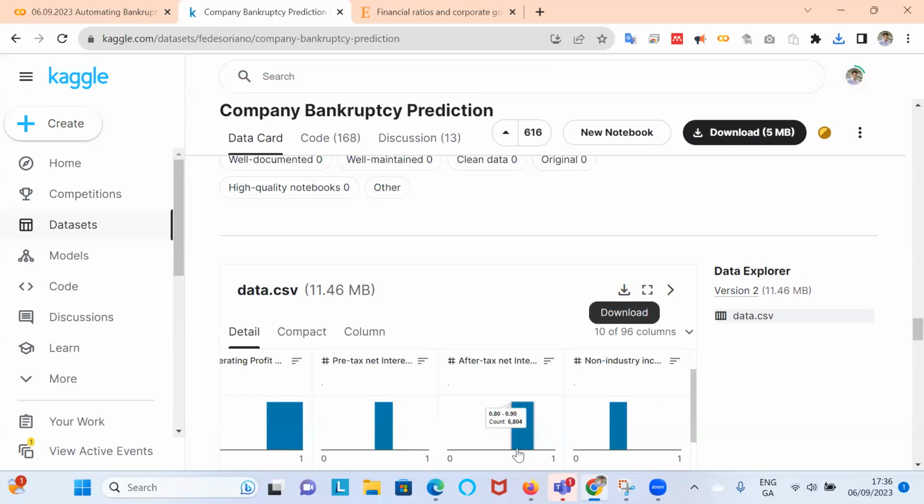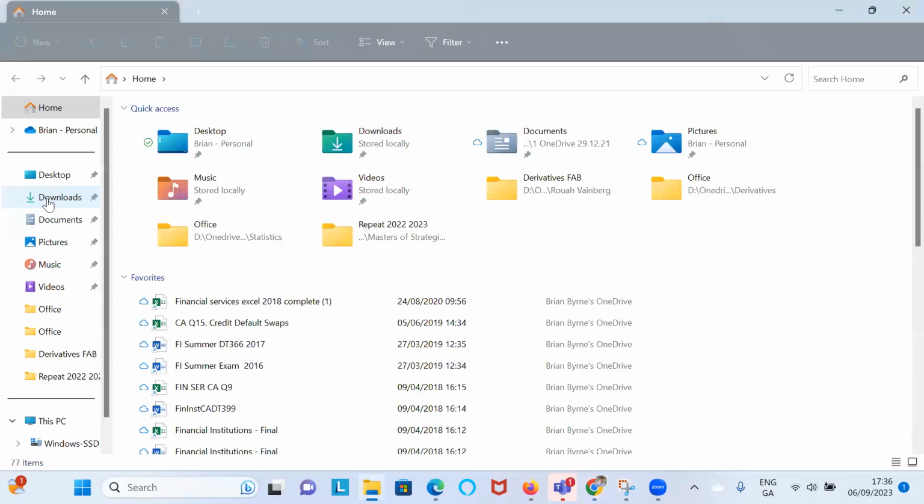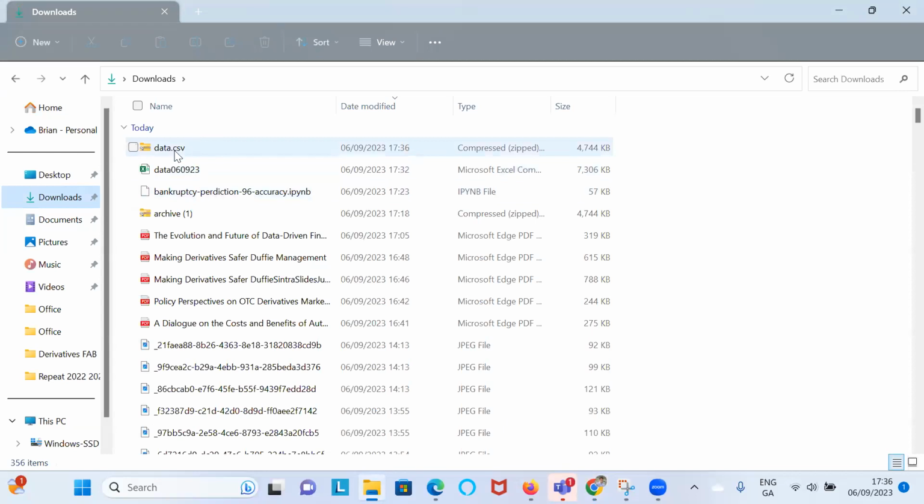So if I go over to my downloads and take a look in here, it's come in as a data CSV, right? A moment ago, before I started to record, I unzipped that and named it data 0609.